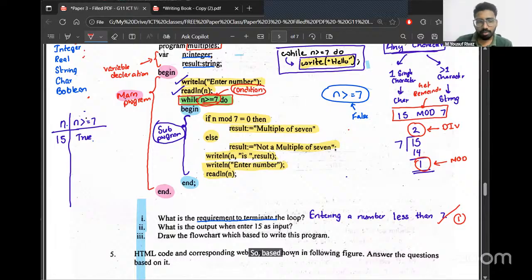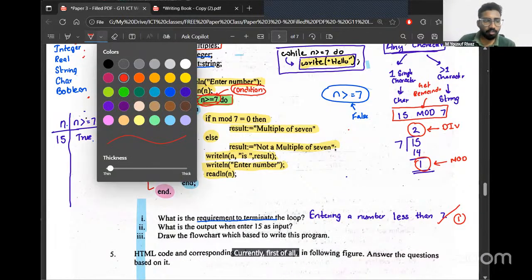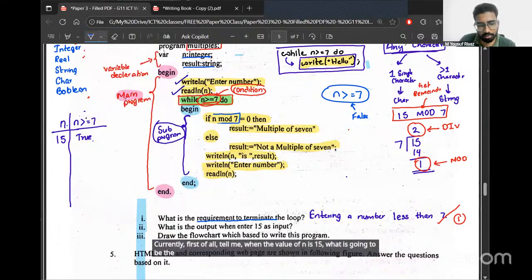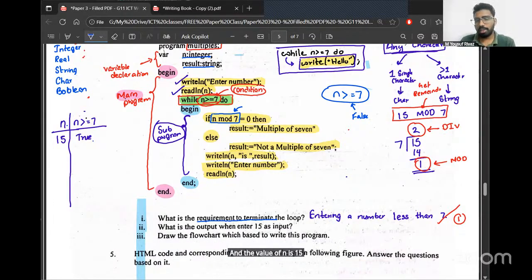So based on that, tell me, when you say if n mod 7 is equal to 0, first of all, when the value of n is 15, what is going to be the value of n mod 7? Correct. You can see n mod 7 is giving you 1. So if you check, is 1 equal to 0?